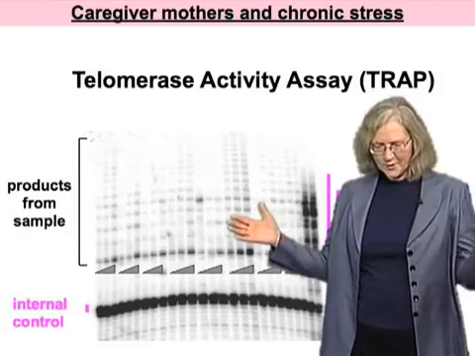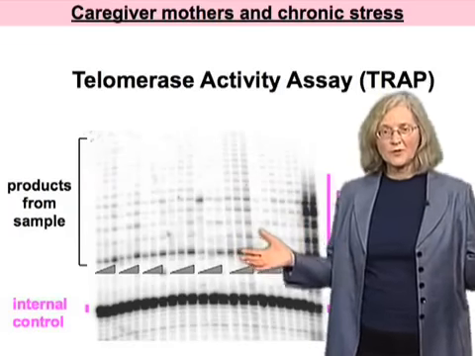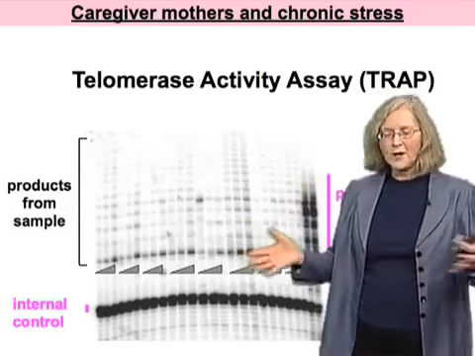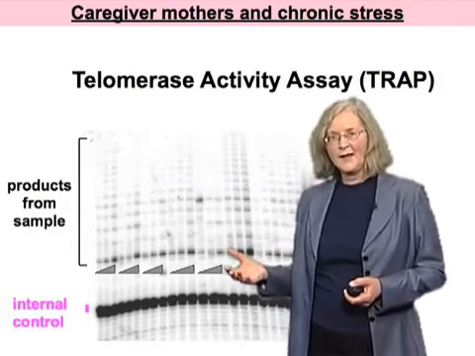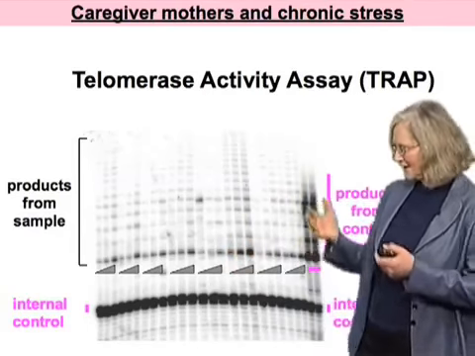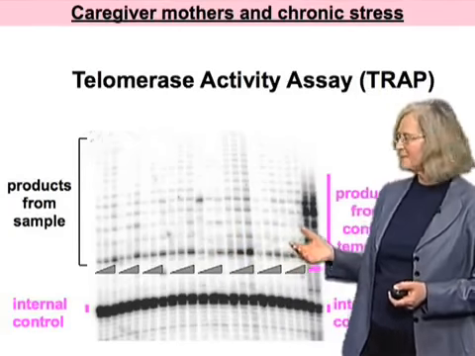And so across the group you find typically the lowest and the highest, it's about 20-fold difference, and across the group there's a log normal distribution of telomerase activities per cell in the different humans in the studies. And we've looked at that in a number of studies and found the same thing.